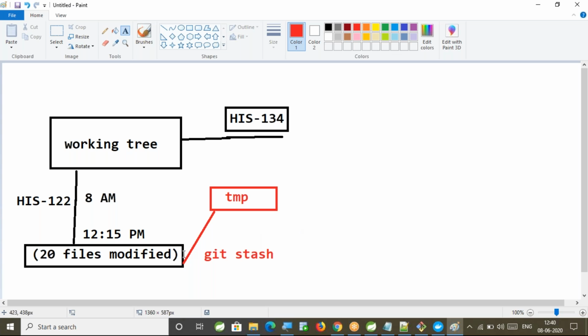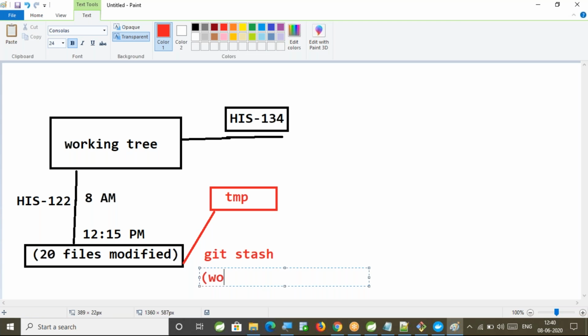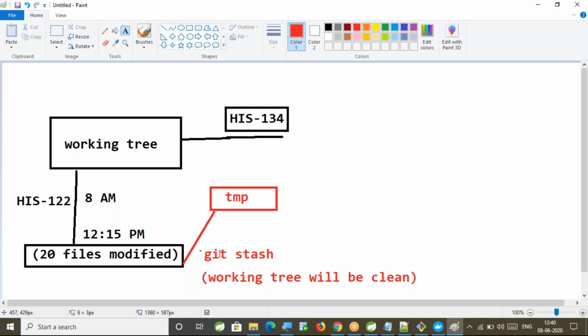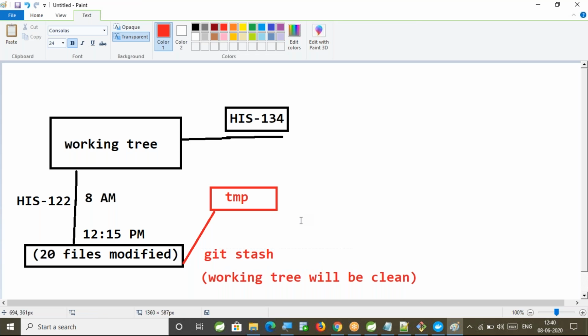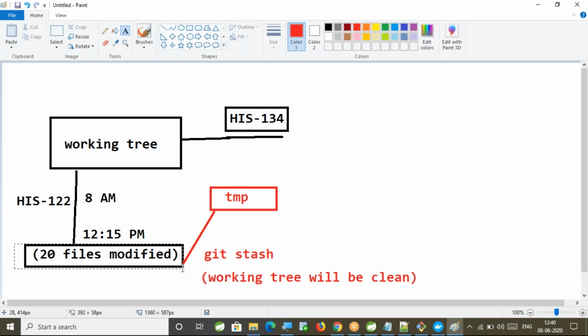Once the stash is completed, our working tree will be clean. When you execute the status command before stash and after stash, you will see the difference. Before the stash command, if I execute status, it will display 20 files are modified.